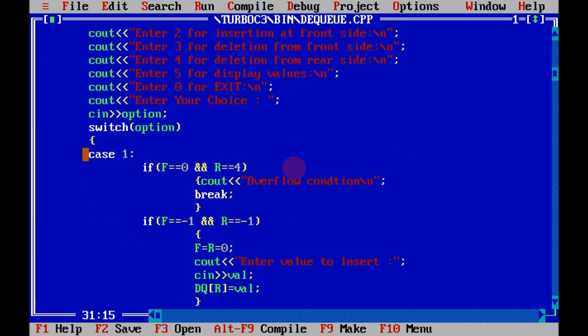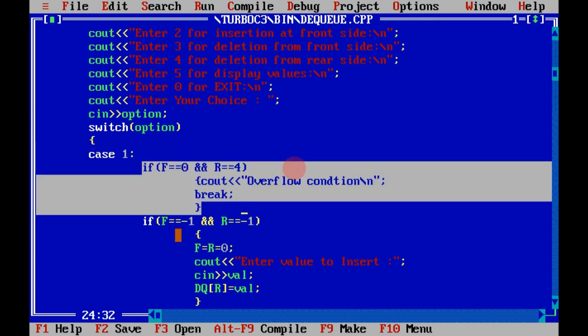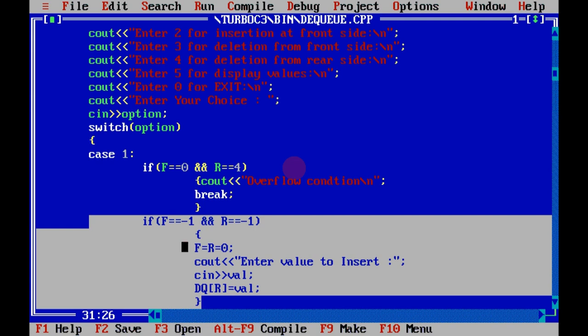Case 1, insertion from the rear, is the normal insertion. This is the overflow condition: front is equal to 0 and rear is 4, all the values, so the DQ is already full. This is the first-time insertion.